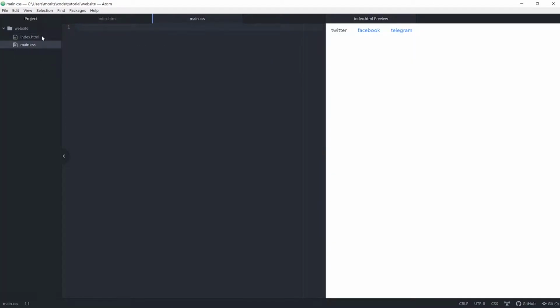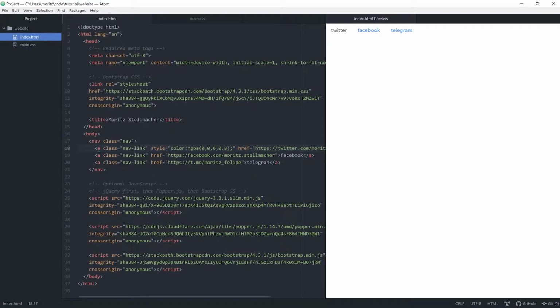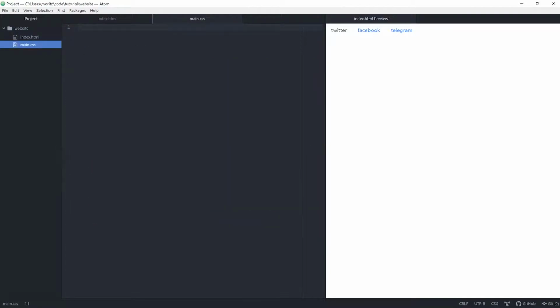We can see all of our links have the class navlink, so we can use this to change the color for all of them. You may remember with the class attribute, we can give different elements the same style. And here is already a class that we can use, navlink. With a point we tell our style sheet that we want to target a class. And we need the name of the class, navlink. Great, now let's color it.